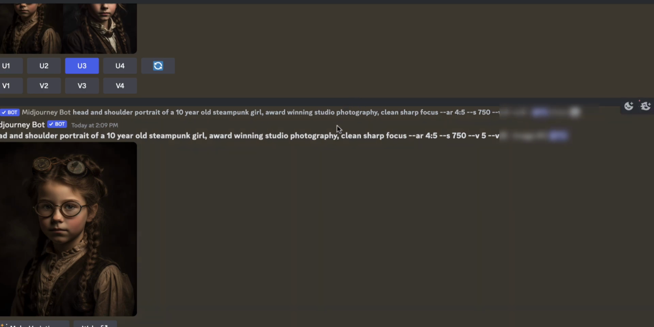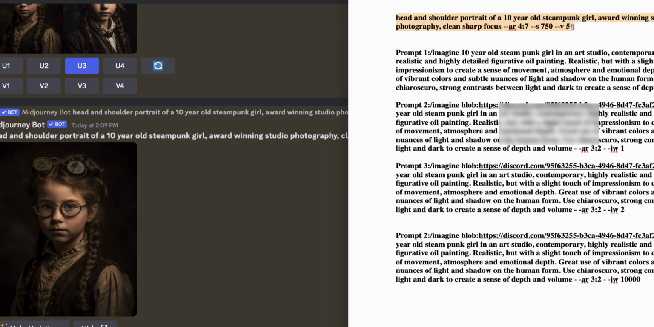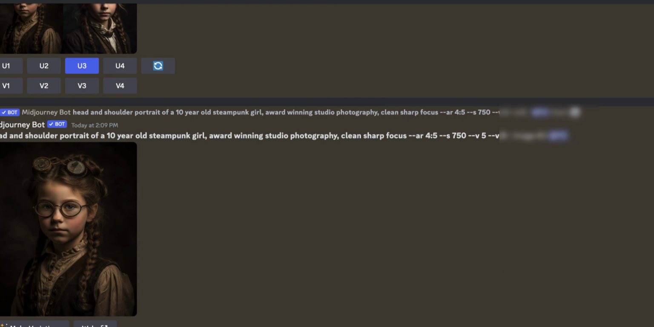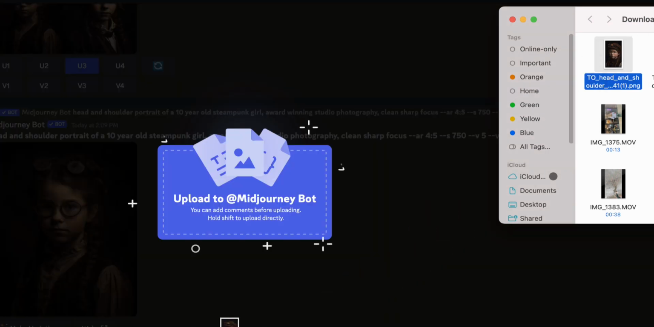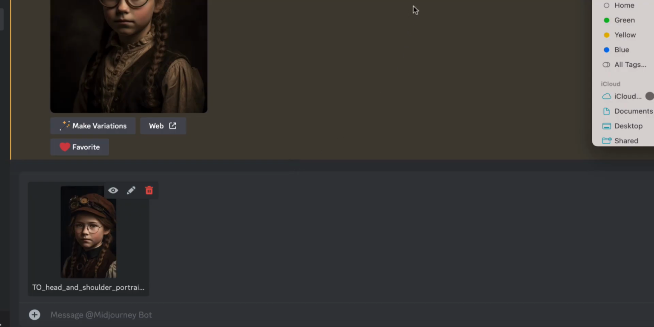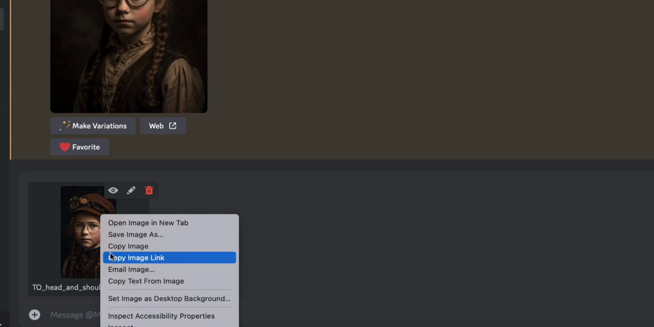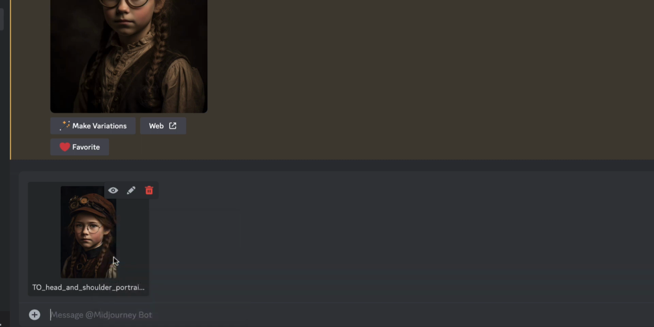Okay, so what I'm going to do... Oh my goodness, let's get rid of that. What I'm going to do is just slide this in here. I'm going to upload the image. So I dragged it to the dashboard in there, and then I'm just going to right click on it and say copy image link. All right, now I've got that image link,